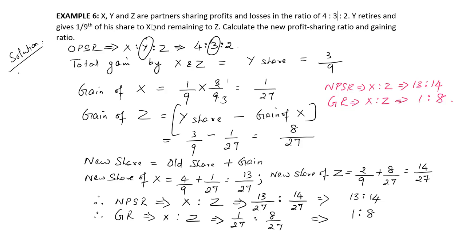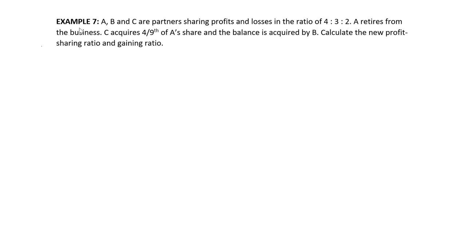Let's go to the 7th example sum. Example 7. A, B and C are partners sharing profits and losses in the ratio of 4:3:2. A retires from the business. C acquires 4/9 of A's share and the balance is acquired by B. Calculate the new profit sharing ratio and also the gaining ratio. So the sum is similar to example 6 which we did. Solution: